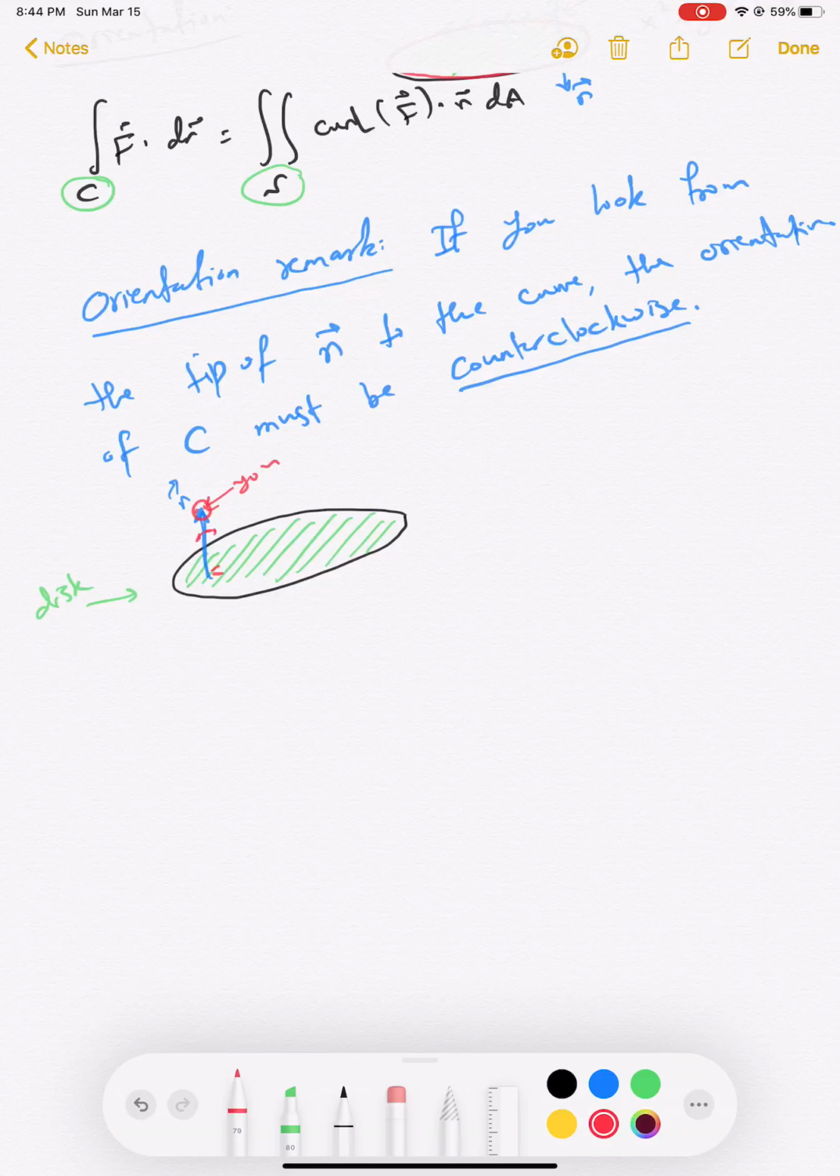If you are looking at the curve this way, the curve has to be oriented counterclockwise, which means it has to be oriented that way. So this tells me that if you take the upward normal vector, then the orientation of the curve has to be this way. For example,